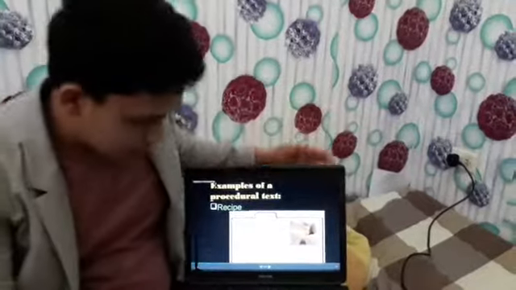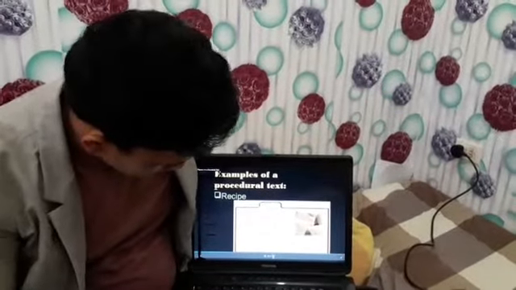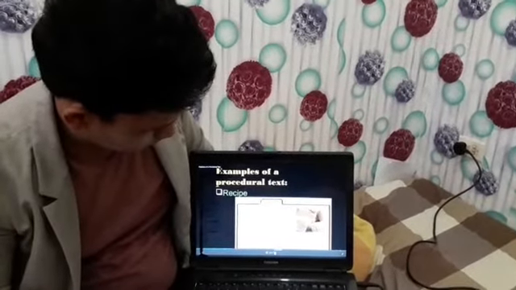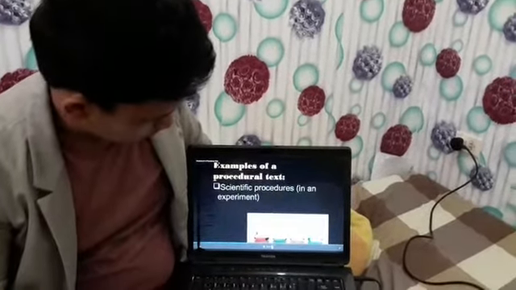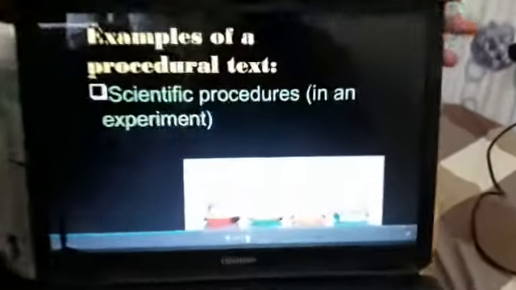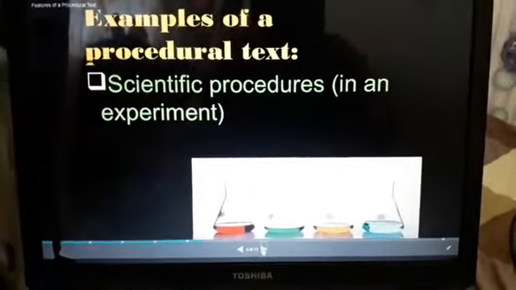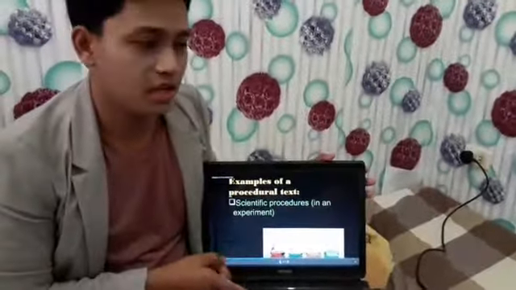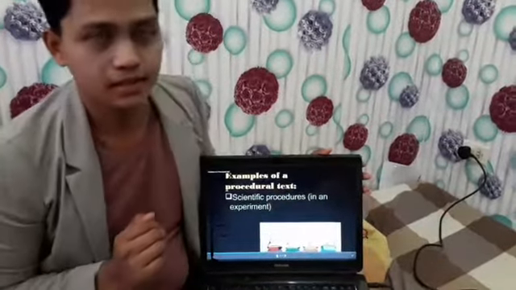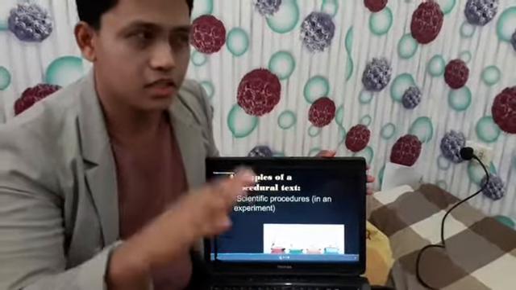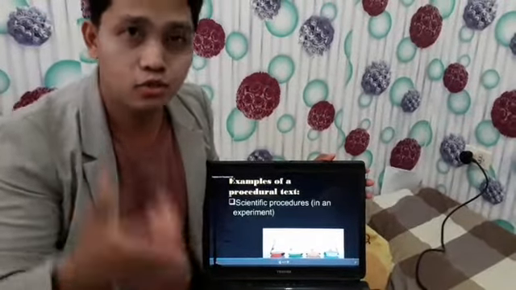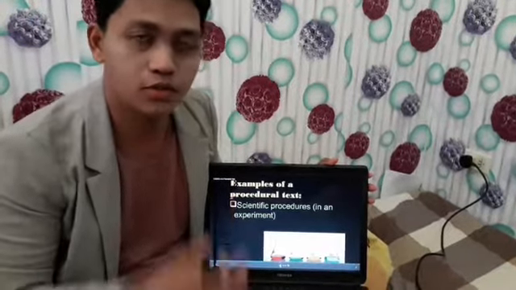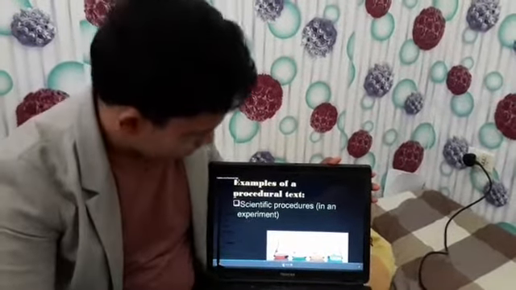The next example is scientific procedures in an experiment. For example, in the laboratories. Okay? There are many experiments that you do in a laboratory. So you're using different procedures how to do it. Okay? Then the next one